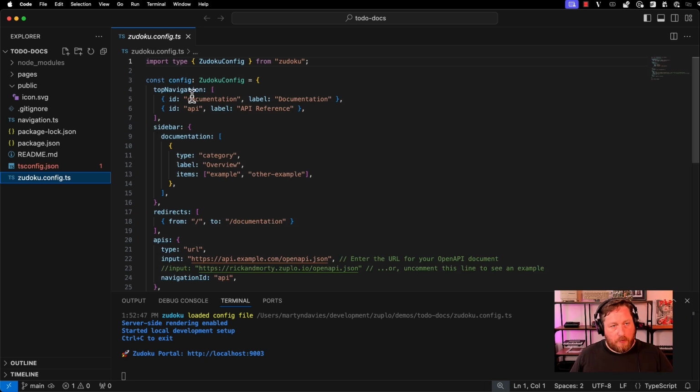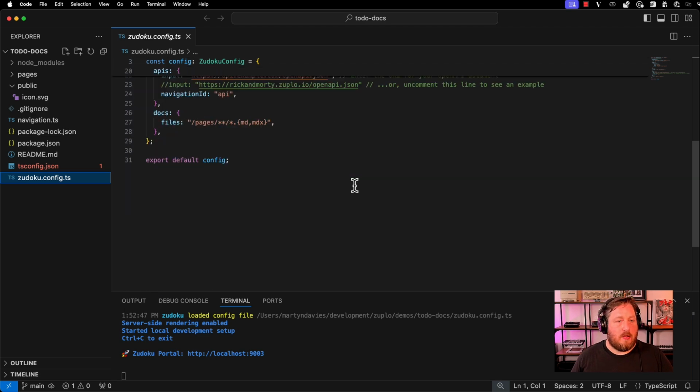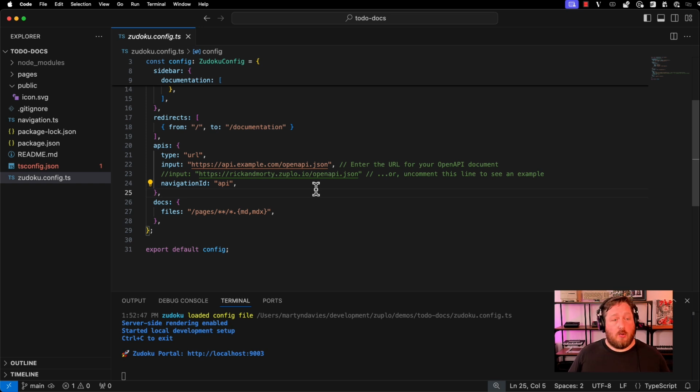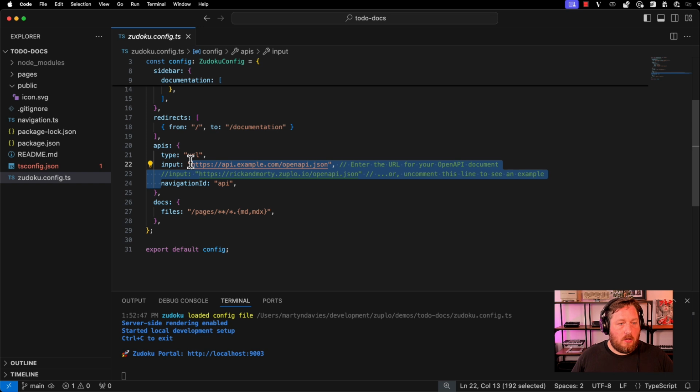You can see there the navigation that we saw and the documentation pages that we saw. And this is the area where we need to configure the API that we want to point to for the reference. So this takes any API, any OpenAPI document in JSON or YAML. There is an example here. If you want to just uncomment this and run it, you can see the Rick and Morty API that we host at Zuplo. But I've got my to-do list API document that I can put in. So let's go ahead and grab it, put it in here,